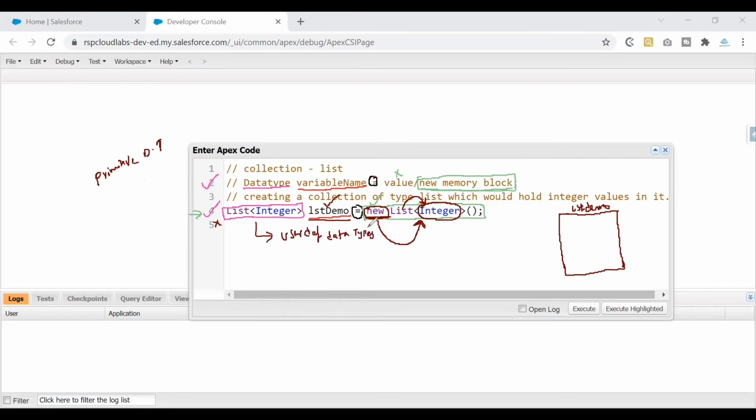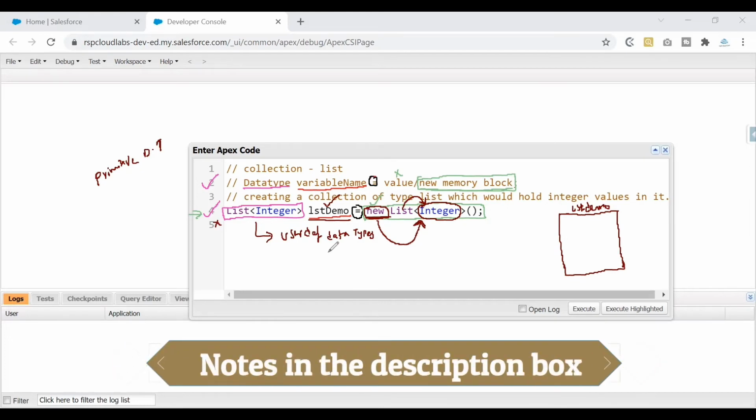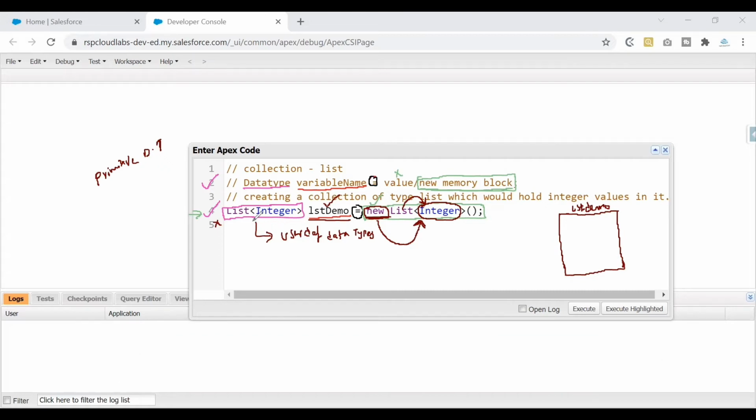Now, what exactly are these user-defined data types? User-defined data types are the data types that we create using the help of primitive data types or using other user-defined data types. Using the things that are already there, we are building on top of that. If you see here, this collection of type list is basically holding a list of integers. That means we are holding integers as a data type at one place, and we are calling it another data type, which is called a collection. What kind of a collection is it? It is a collection of type list. So that is the user-defined data type. Primitive data types are the basic building blocks. User-defined data types are the data types which were built using these primitive data types or other user-defined data types.